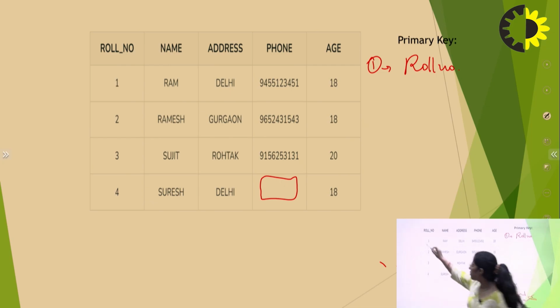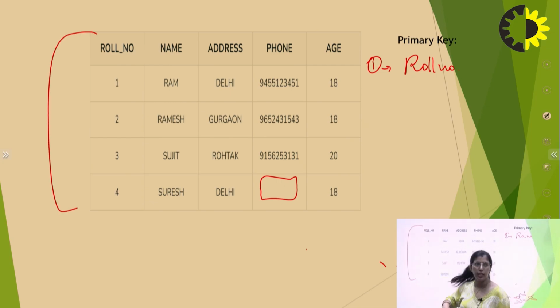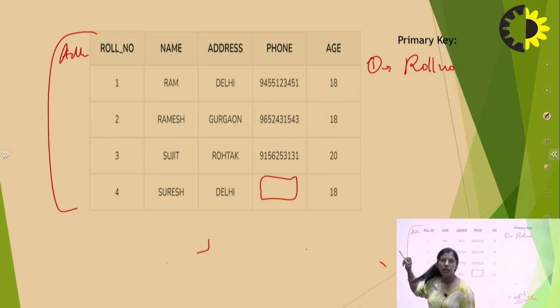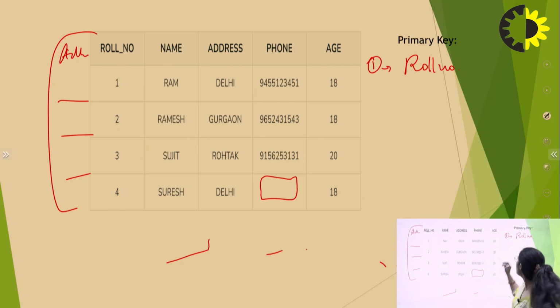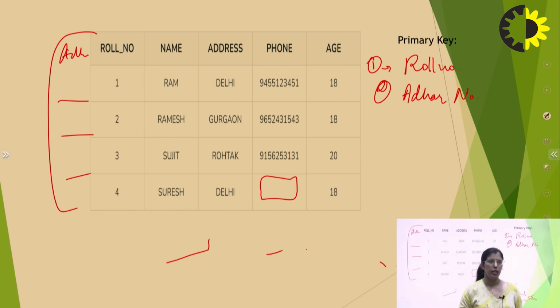If we have one more attribute here, like Aadhaar number, and each entry for Aadhaar number is available, then we can have a second primary key, Aadhaar number. But either one of them must be taken as primary key. No two attributes can contribute to primary key at the same moment.